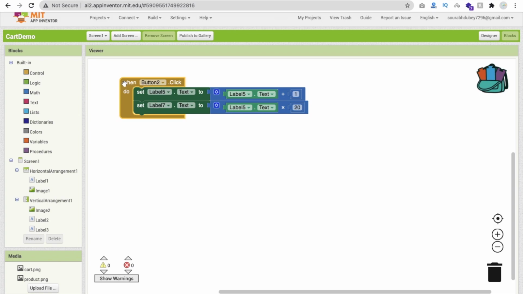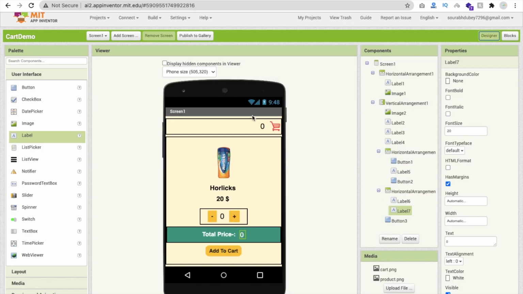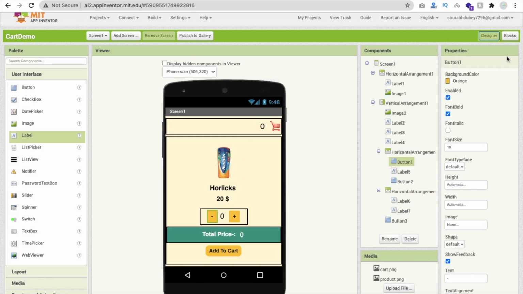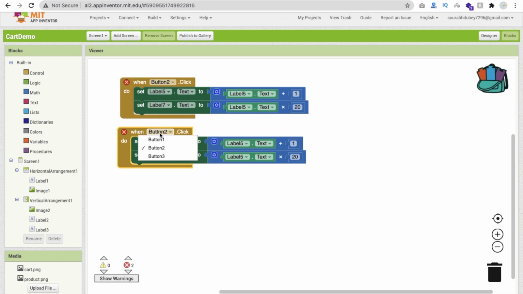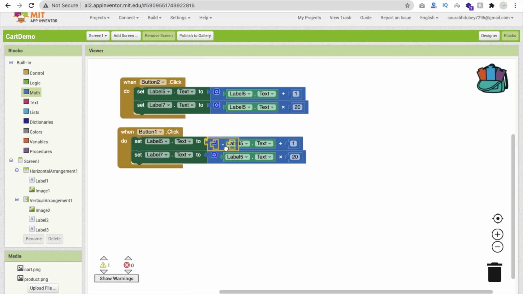Like that, simply what we can do here, we will copy paste, go to the design, check this button, button 1. What we need here is minus this one, and just drag and drop these values here and delete this. We have to call it again because we have to calculate the value.